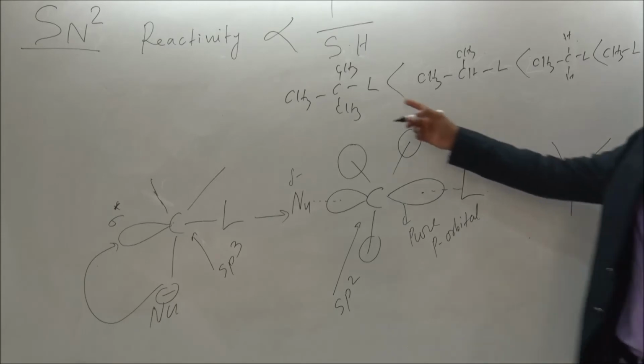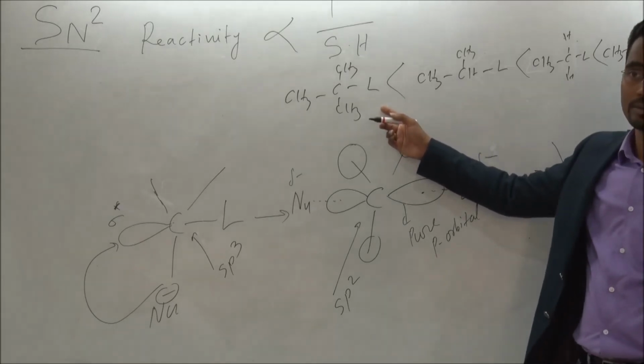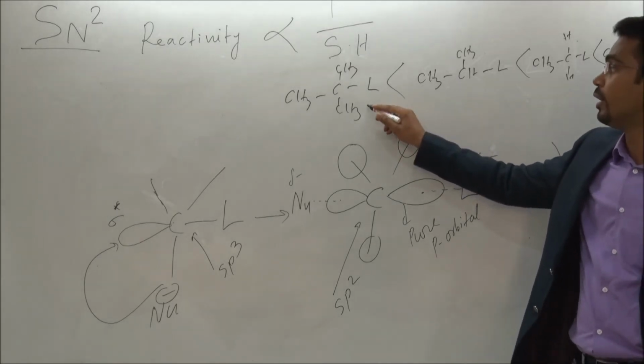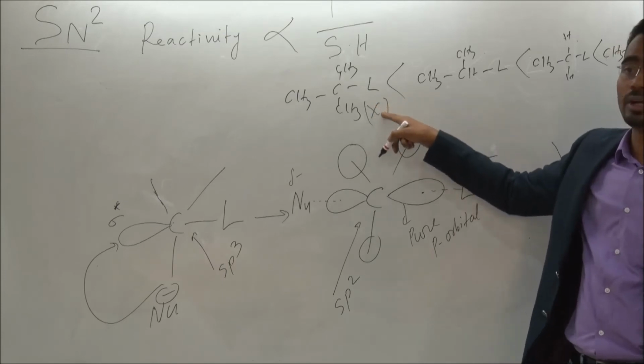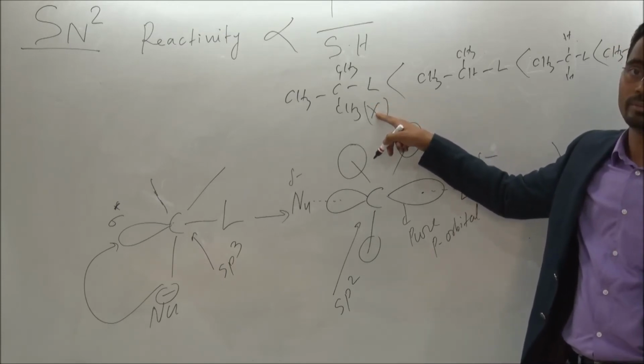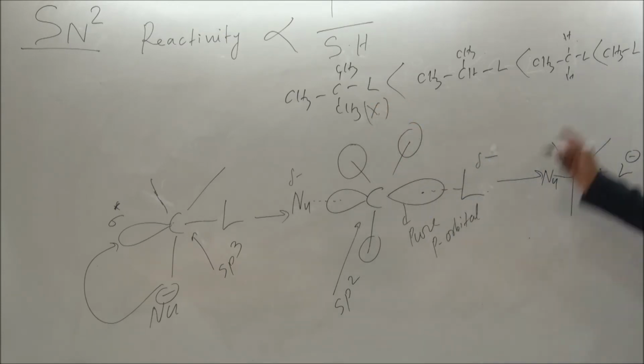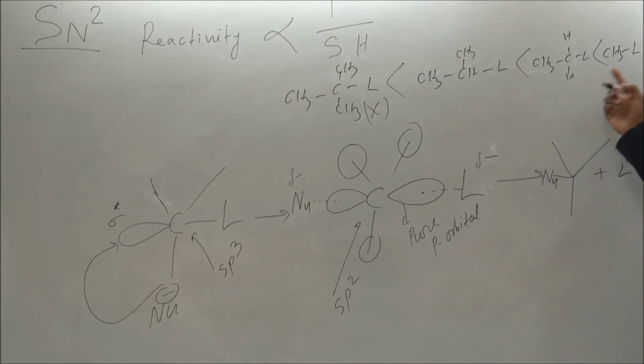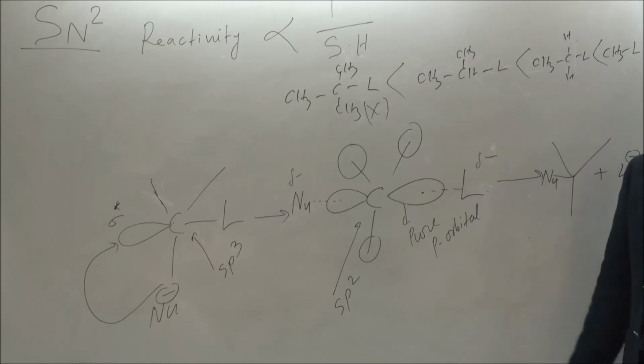And at this carbon, SN2 reaction never occurs. At 3 degree, SN2 never occurs. Never. And at this, always SN2 reaction. And between these it depends on the situation. It depends on the reagent. It depends on the temperature. Okay?